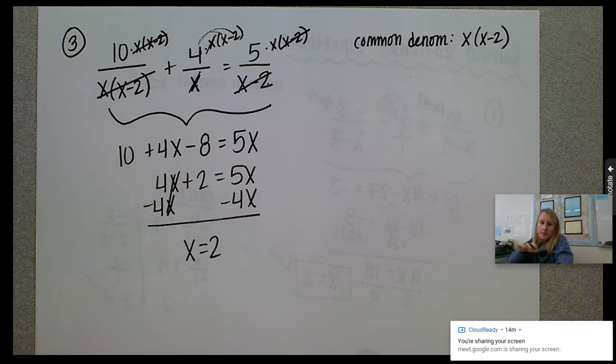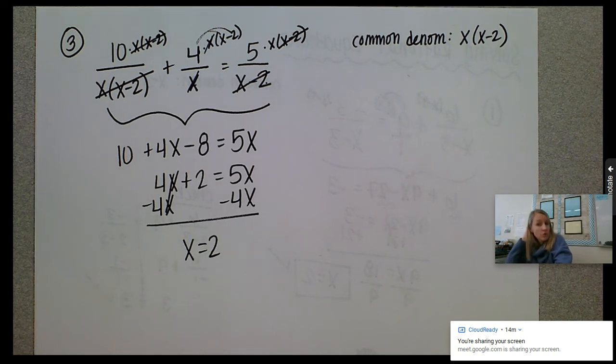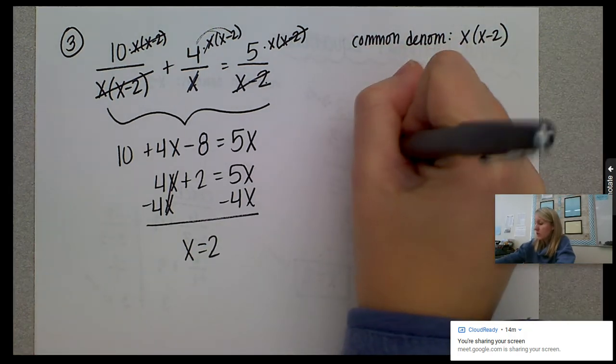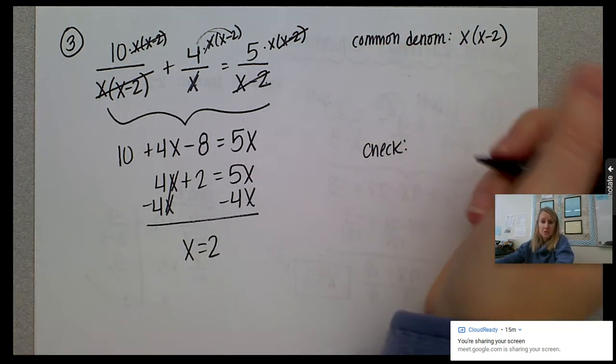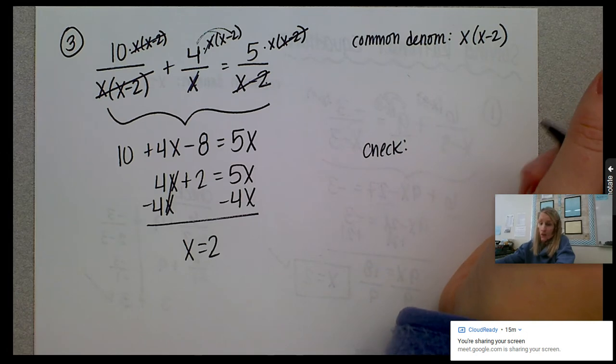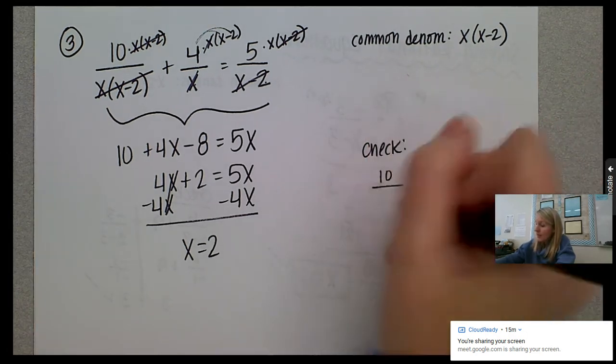And sometimes you'll see in other situations it just doesn't work. But if we tried to plug 2 back in, it would give us a 0 in the denominator. That's not allowed. So that's going to be what an extraneous solution looks like in some of the problems. So once again, if I went to check it, because maybe you're not paying attention, you're just kind of doing your thing, got an answer, feeling good. When I go to plug that back in,